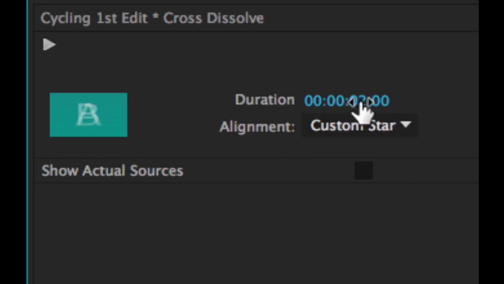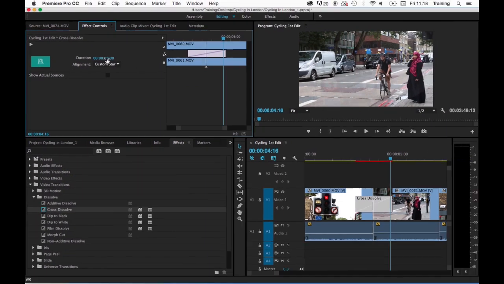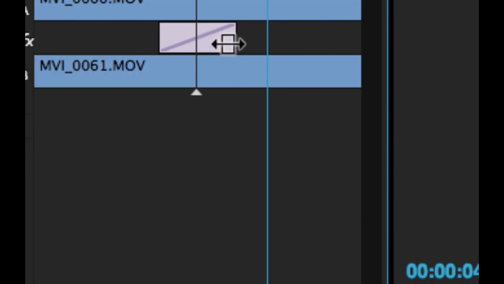So again, here is duration, so again I can click in there and further adjust the duration. Let's change it back to 1 second. I can change the alignment, so start at cut, end at cut, or center again. I can also adjust the duration of the transition here by dragging out the little transition graphic in the effects